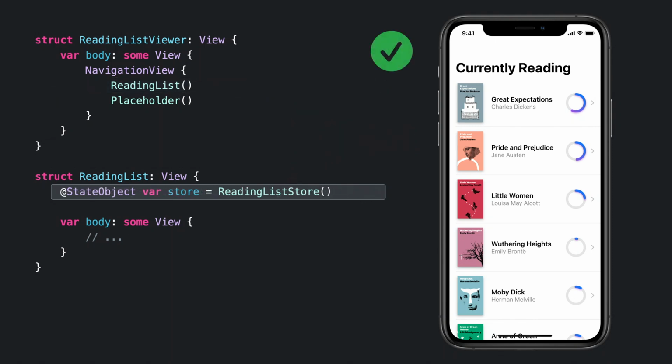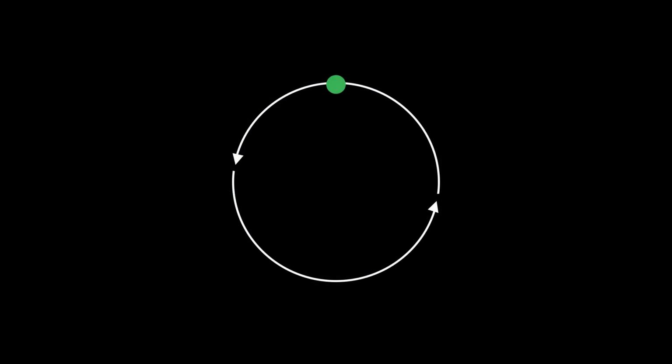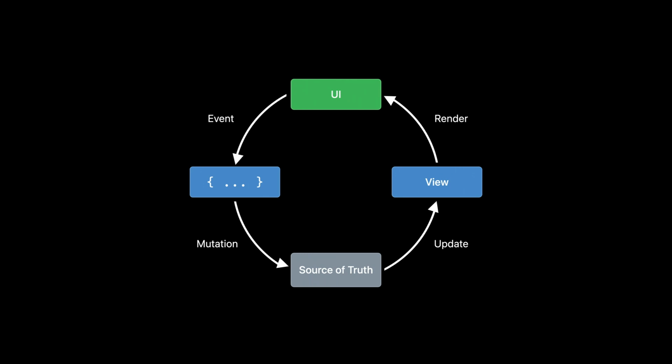I'm happy to tell you that this year we have a tool to solve this problem called StateObject. And as Luca explained earlier, StateObject lets SwiftUI instantiate your observable objects at the right time. So you don't incur unnecessary heap allocations and you don't lose data. This means you can get great performance and correctness. One thing to note, we are declaring a new source of truth here, so let's slap the badge on it. All right, let's bring back the diagram again. And enhance. Great. One thing to note is that there are multiple sources of the events at the top left.